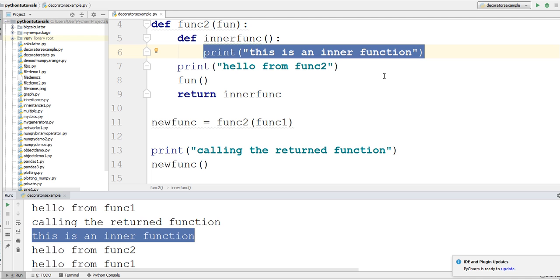Now, what is a decorator? So this ability and this